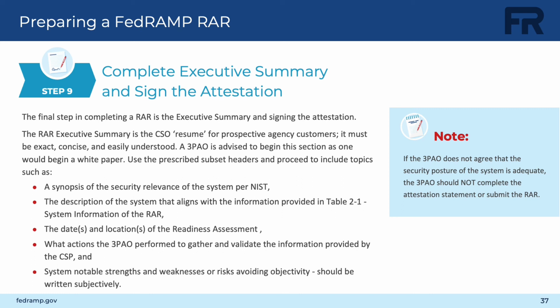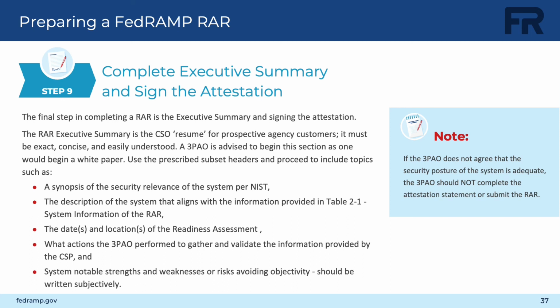The FedRAMP PMO recommends beginning the executive summary just as you would prepare a white paper, using the RAR prescribed subsection headers that correspond with the bullets that the 3PAOs are specifically asked to address in the RAR's executive summary. Then, carefully proceed through each bulleted item and describe how the 3PAO developed the noted observation. In the executive summary, at a minimum, 3PAOs must describe the following: the overall alignment with the NIST definition of cloud computing according to NIST SP 800-145, including the requirement for CSP to have a self-service portal,